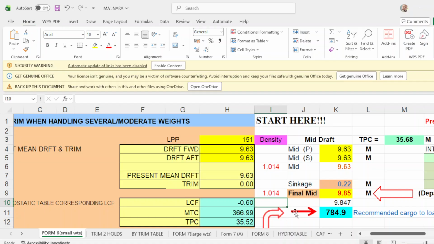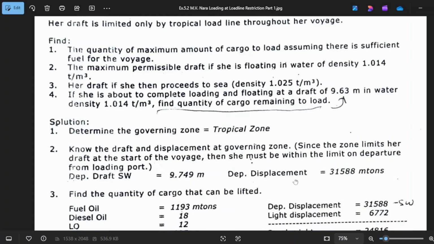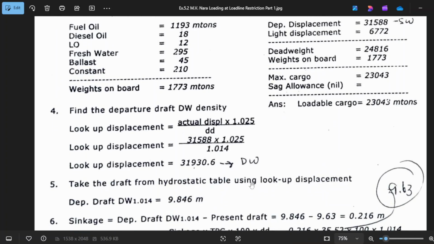Now, what will be the final mid departure draft? Take note that our final mid departure is, because you have already computed the displacement for departure, the departure draft at the dock water density.